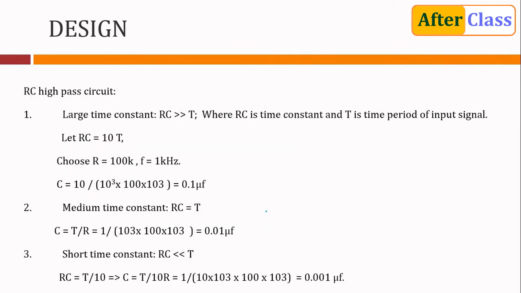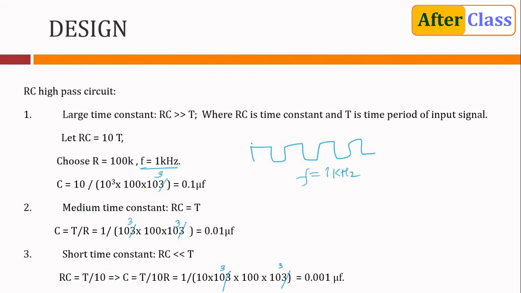Low pass. A slight mistake that I have made here. This is a typical typo. This is to the power 3. Kindly make the changes when you are writing: 10 to the power 3. So if I take R equals 100k, the frequency has been set to 1 kilohertz. So the signal I am considering for the input has a frequency of 1 kilohertz.